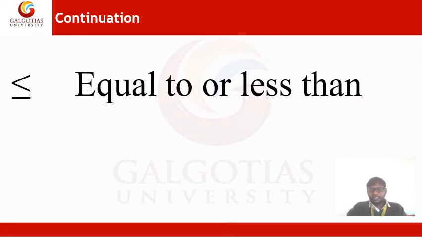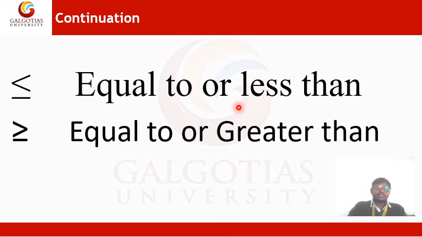This is also related to mathematics, and sometimes we use it in biochemical parameter estimation. Less than or equal to, and greater than or equal to, are also there. You can see this is the symbol. This is the less than symbol. Under the less than, one line is there, like an equal line. That you can call less than or equal to. Next, you can see the greater than symbol with one line under it. That is equal to or greater than. This is the meaning of both symbols.